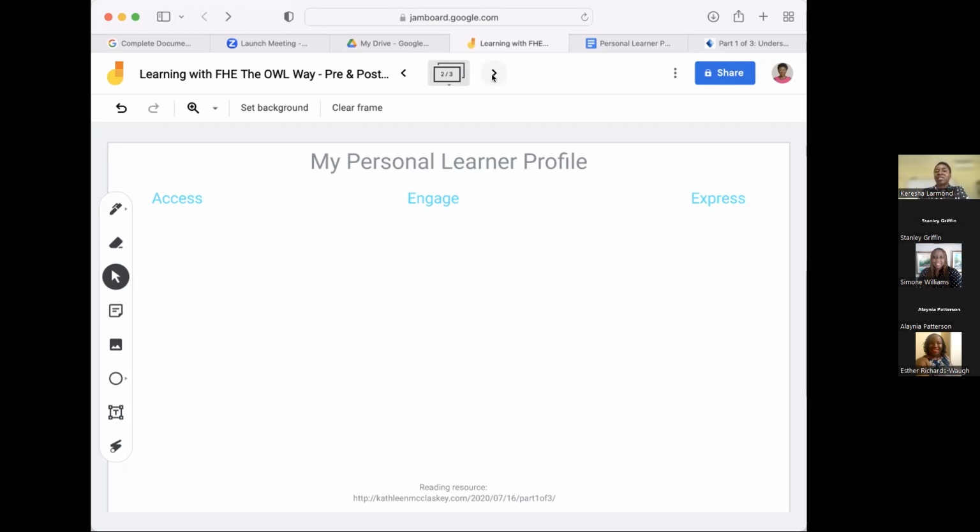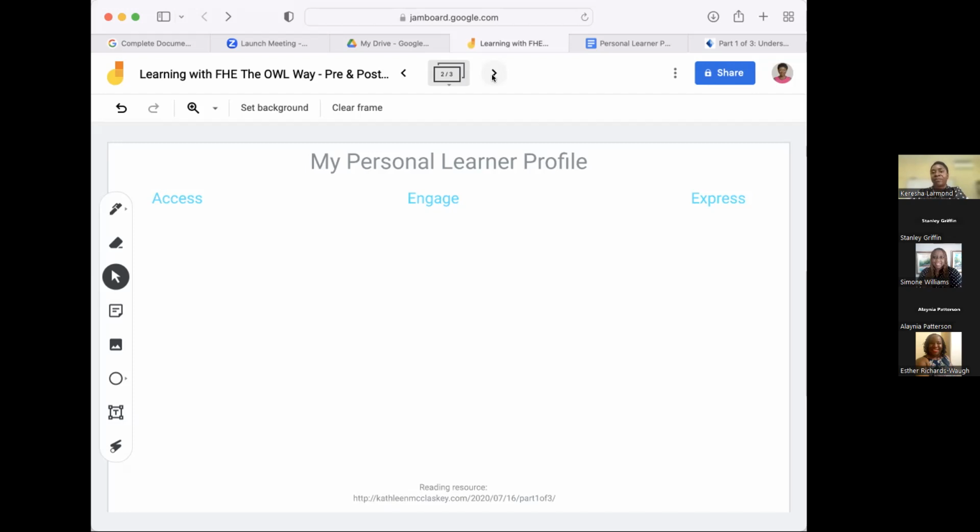So how will you express the information, how to know that you understand this content? How will you express the information when you're in class and you need to verbalize? How will you express this information if you're in a test setting, right? So I'm going to share that information with you, so that you will know how to develop your own personal